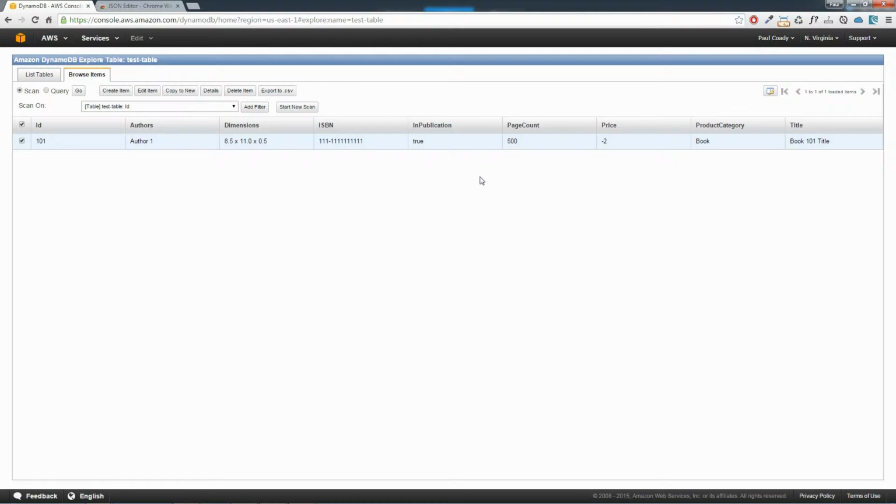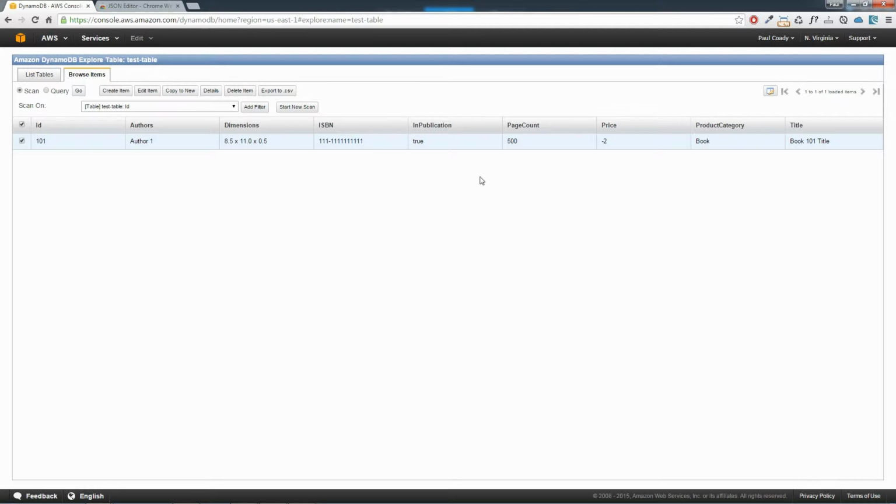That would be okay if you just wanted to modify a table, add a couple of items or delete a few items. You would go into the console and do that. That's quite feasible. But if you're bringing in large amounts of data, you definitely wouldn't do that. If you've got a few hundred or thousands of items to come in, that's not going to be practical at all. So the way you would do that is to import the data using a batch write